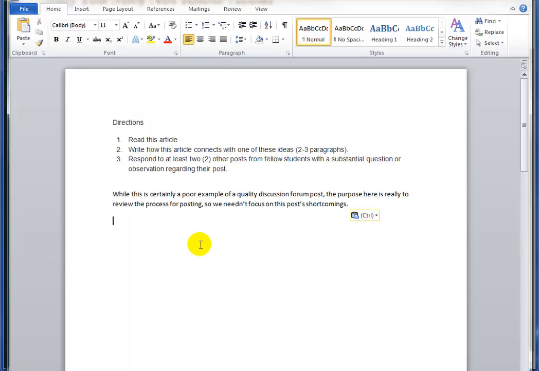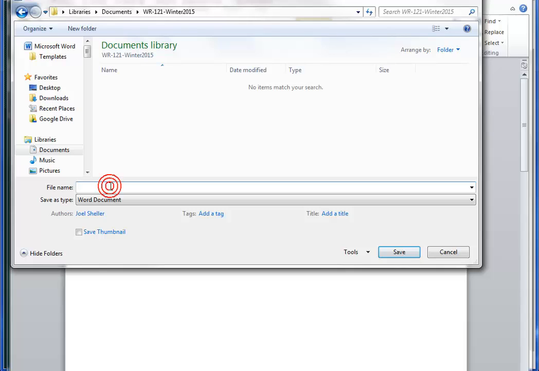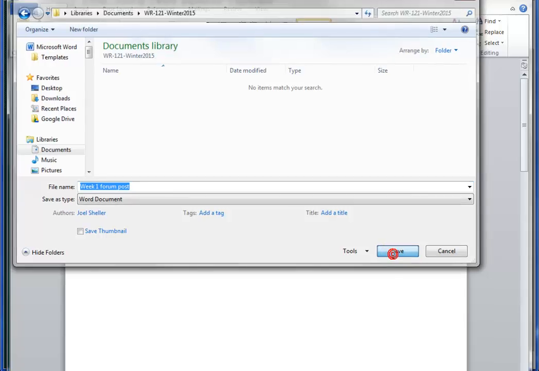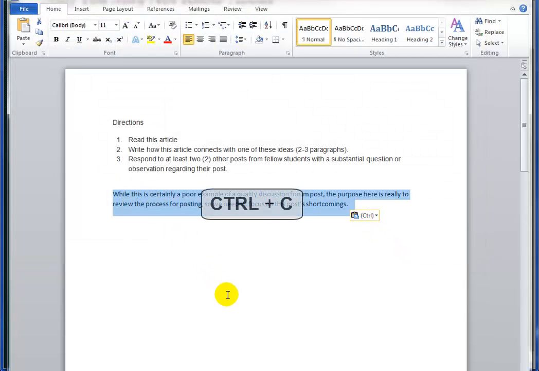And once I've completed it, I'll want to save this document for my own records. I created a folder for this class, in this case Writing 121 as an example. I can enter into it and then type a descriptive title for my post. Once I've saved it, I can now highlight my post and once again hold down Control and press C and